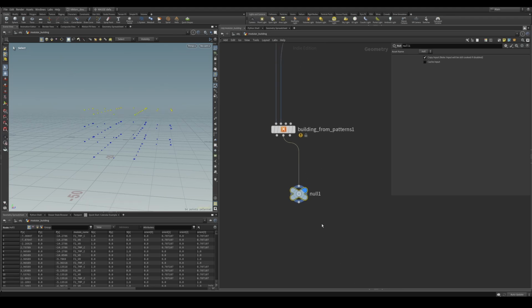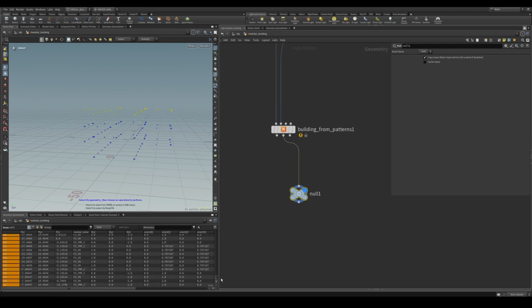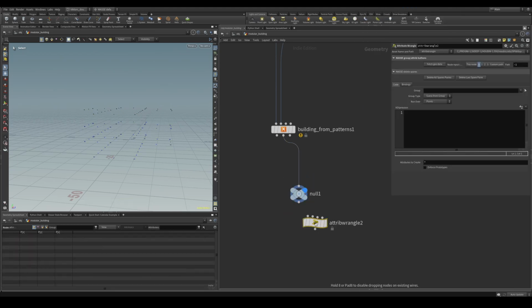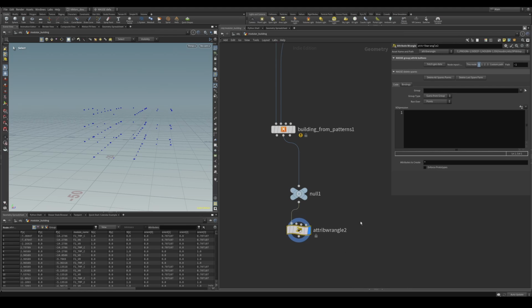So we have to create our own attribute, and the way that we're going to do it, we're going to use the y value of these points. So the height is going to be used as a differentiating factor for each floor. So if you go ahead and put down an attribute wrangle node, inside here we can create a new string attribute as @height,